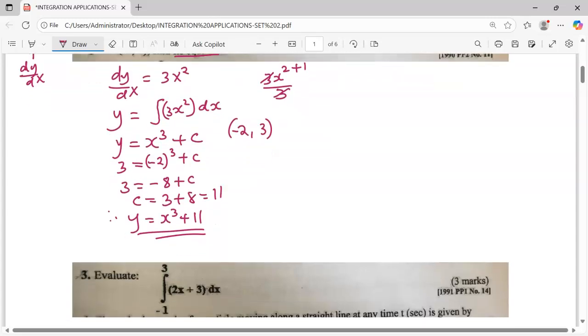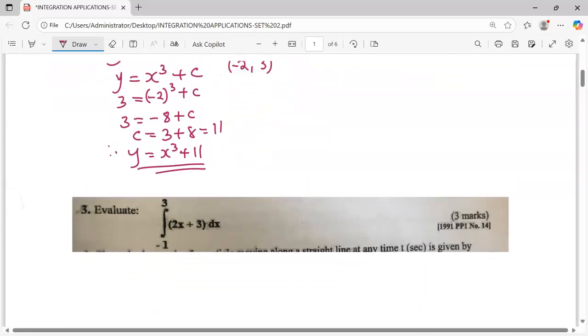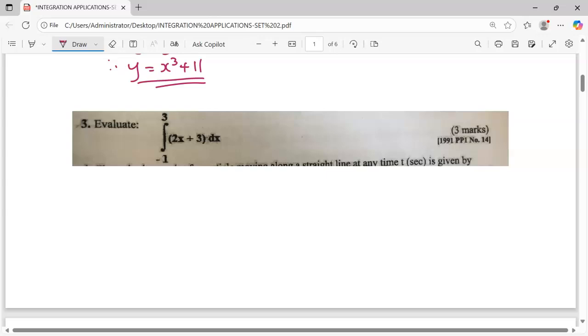We are moving to the next question, a question that was done in KCSE 1991 paper 1, question number 14. The question says evaluate, and we have been given the integral value. The sign here is for integration, and we are supposed to integrate 2x plus 3 within the limits 3 and -1. So in this case, we are going to have